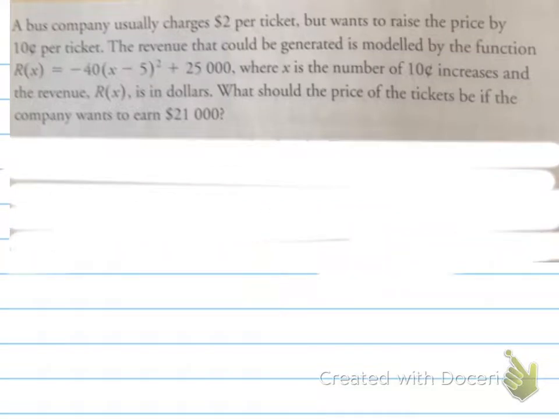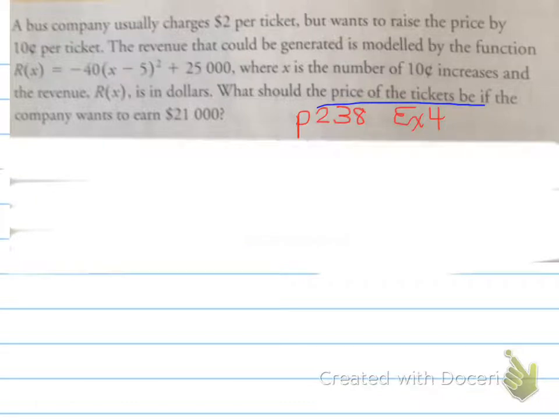We have this case. This example is from page 238, example number 4. A bus company usually charges $2 per ticket, but wants to raise the price by 10 cents per ticket. The revenue that could be generated is modeled by the function, where x is the number of 10-cent increases and the revenue R(x) is in dollars. What should the price of the tickets be if the company wants to earn